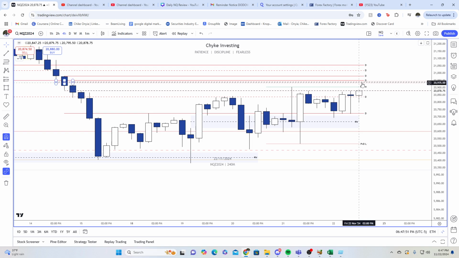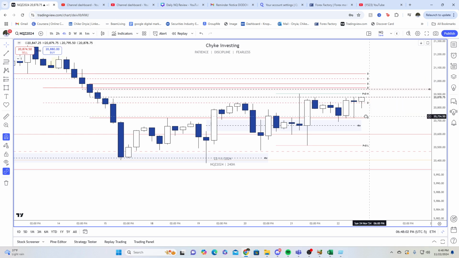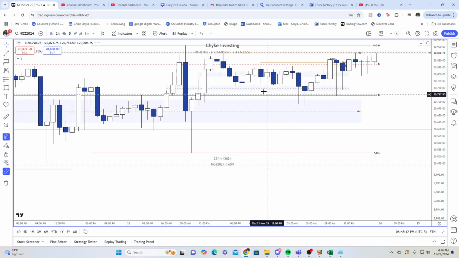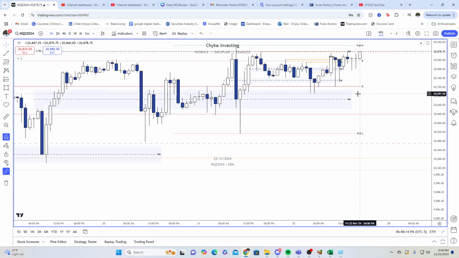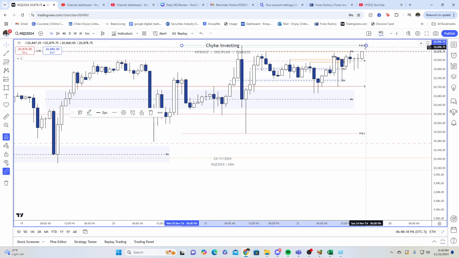So price continues to go higher, and you can see we're actually staying above this daily Civi consequent encroachment. We closed above it in the AM, and then we stayed closing still above this daily Civi. So we're actually bullish still all day. That should be the bias, right? Plus, we've not hit the previous day high yet. We never got there because NQ is just too weak. But that has been something that we saw today on the 4-hour. I still want to see this high get taken out at some point, which is actually the previous day high.